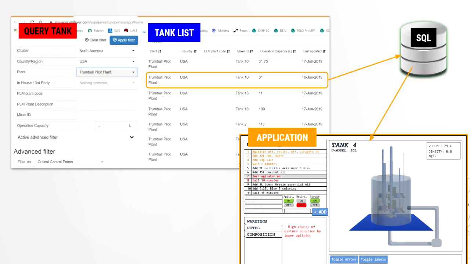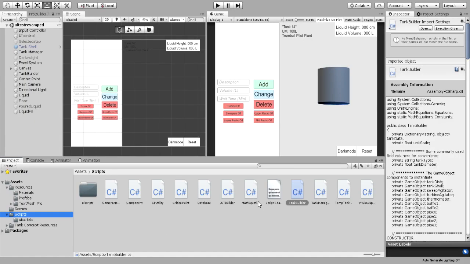So now I will talk a little bit more about how the application's backend actually works. Once you select a tank from this tank list, it will send the tank ID from our web server to our SQL database. Our SQL database will then search for all the tank information, like what parts go into the tank and how big each part in the tank is. This information then gets sent to our Unity application, which utilizes a tank builder script right here